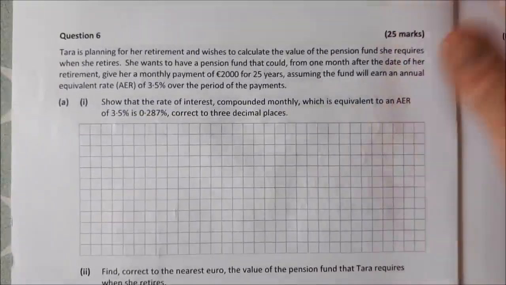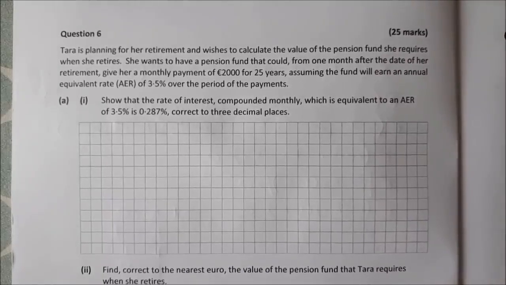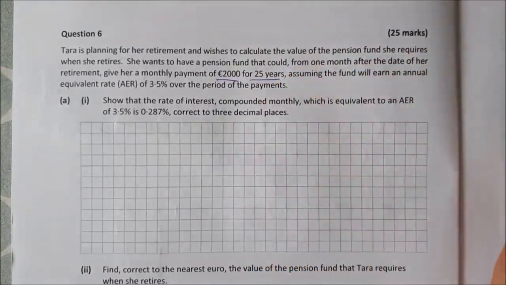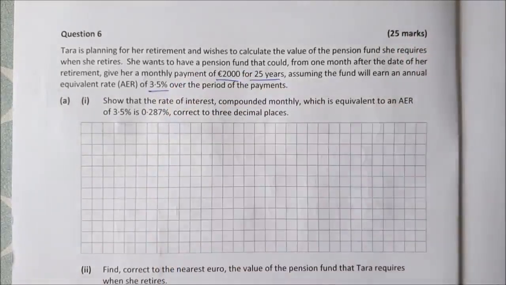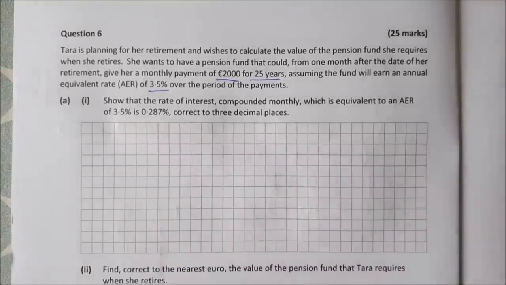Okay, so on to question 6, which is a financial maths question. Tara is planning for her retirement and wishes to calculate the value of the pension fund she requires when she retires. She wants a pension fund that could, from 1 month after the date of her retirement, give her a monthly payment of €2,000 for 25 years, assuming the fund will earn an annual equivalent rate of 3.5% over the period of the payments. Show that the rate of interest compounded monthly, which is equivalent to an AER of 3.5%, is